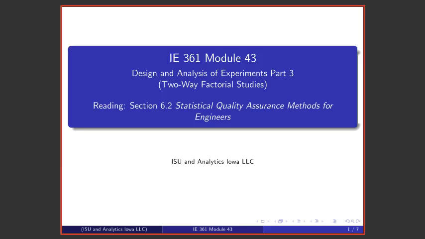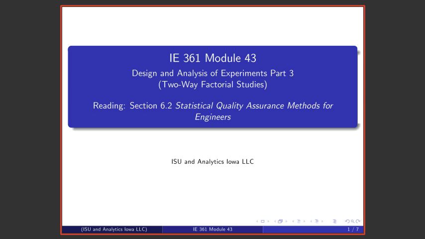Welcome to Lecture 43 in this series of modules on statistical quality assurance and statistical process improvement. We began discussion of design and analysis of experiments, initially considering what can be done if one simply treats the set of experimental conditions as if they are just some unstructured list from 1 to R of such